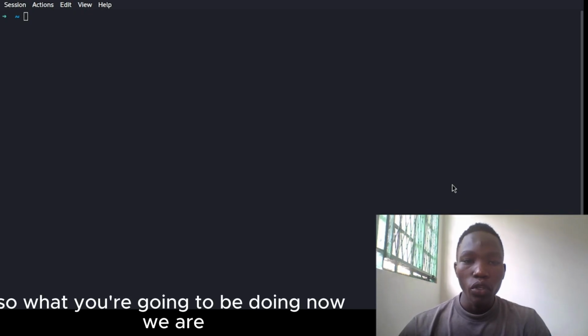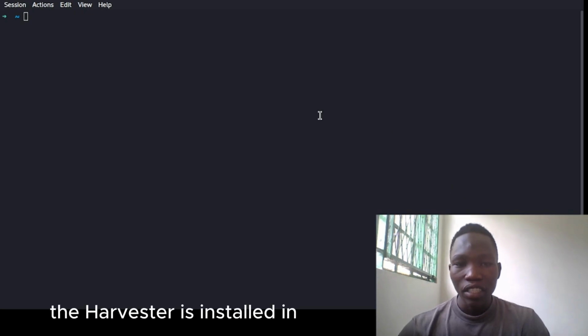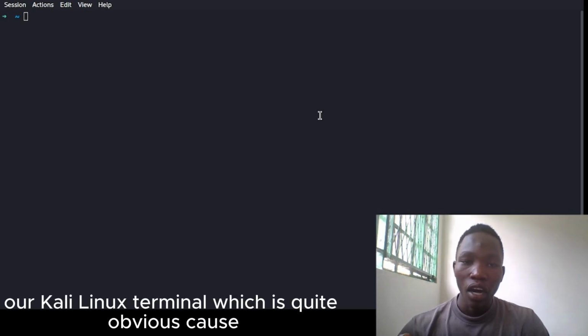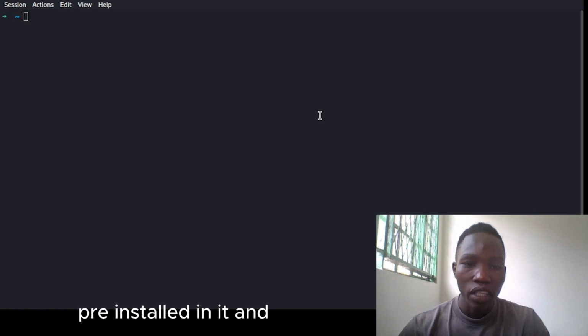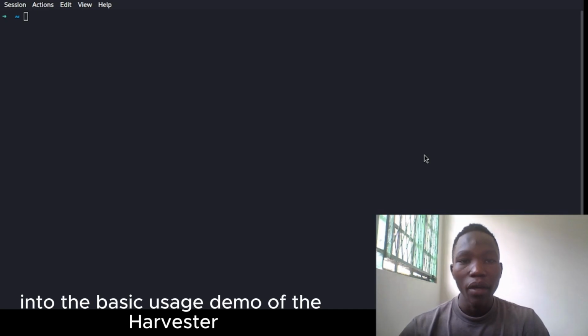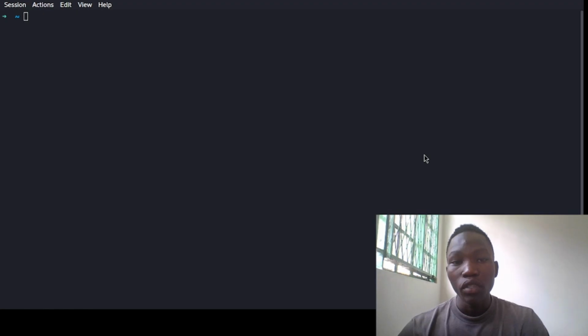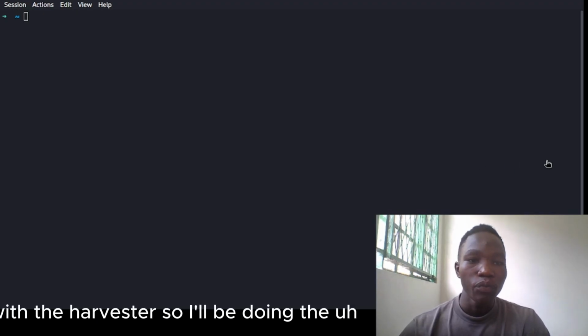So what we are going to do now is first check if theHarvester is installed in our Kali Linux terminal, which is quite obvious because Kali Linux comes with most of the tools pre-installed. Then we're going to go straight into the basic usage demo of theHarvester. First I'm going to start with basic domain enumeration with theHarvester. So I'll be doing the